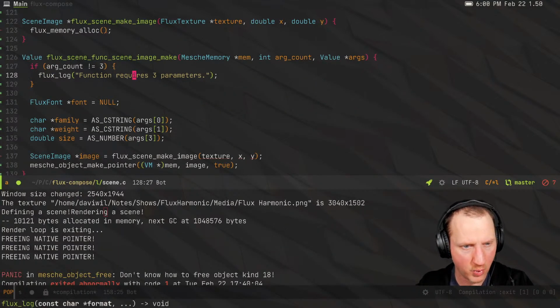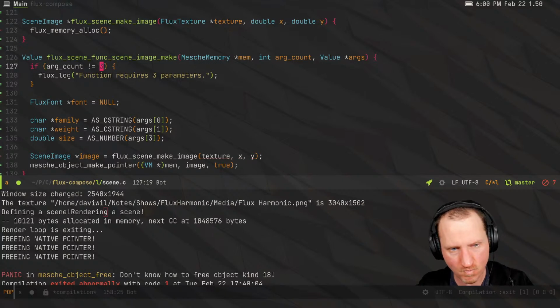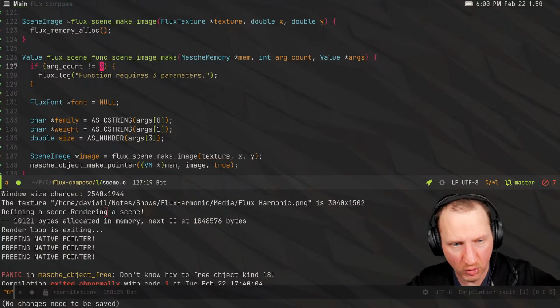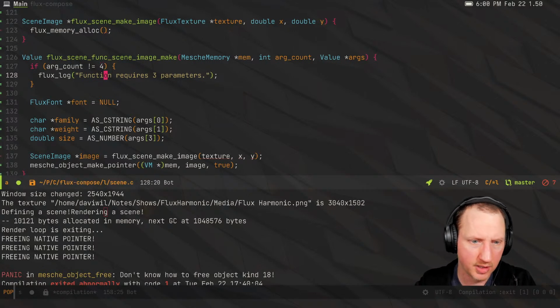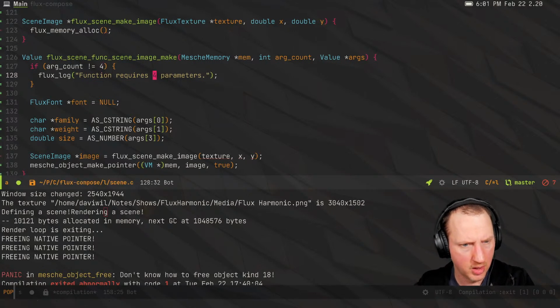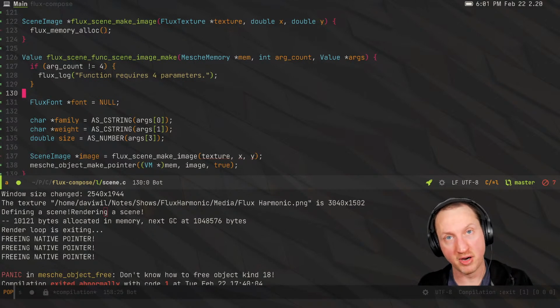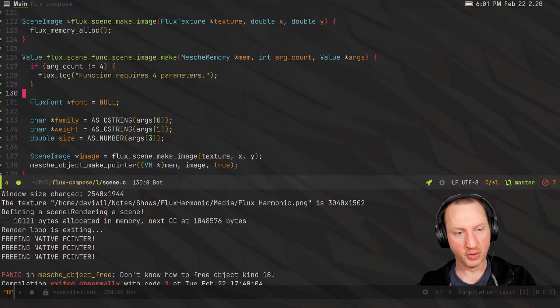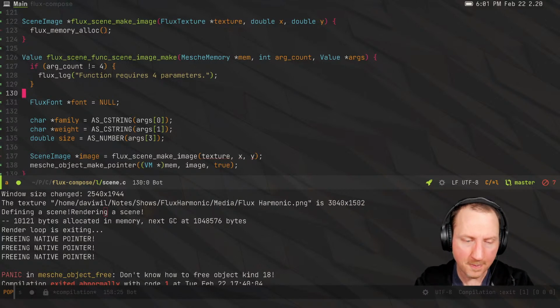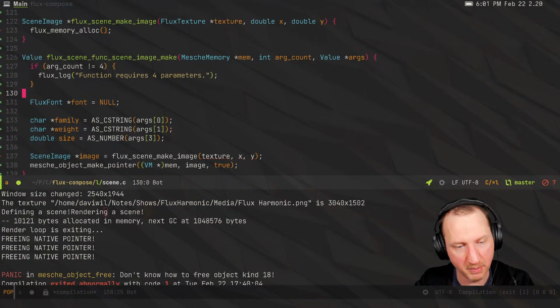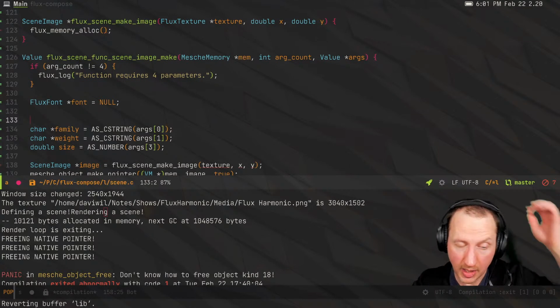So right now let's say do we require 3 parameters, 4 parameters? Let's say we do, because this is an internal function anyway. We're not going to export this. It's going to be used only internally by the module, which is going to be a cool property of this, which means we can sort of bind C functions into the module, but not export them so that other modules can't actually call directly into them and do bad things. I guess you could if you were sufficiently motivated, but we're not going to worry about that right now. Okay, so first